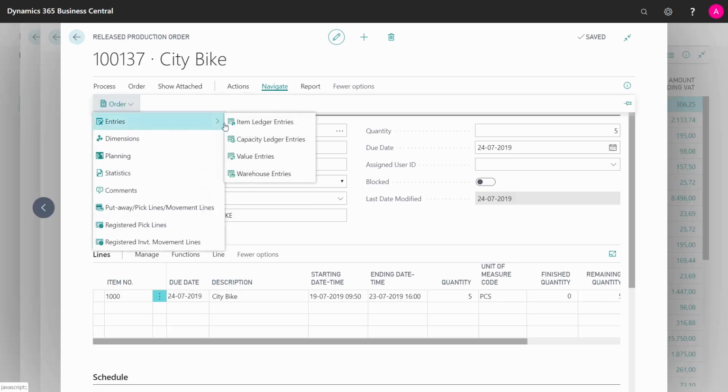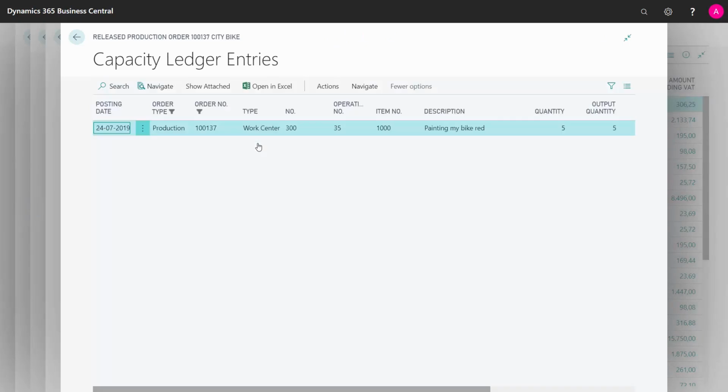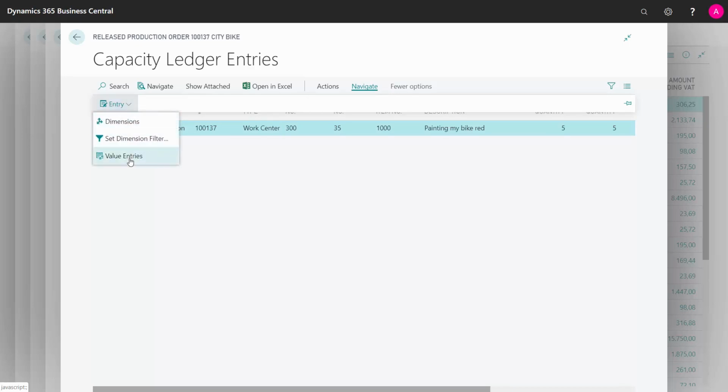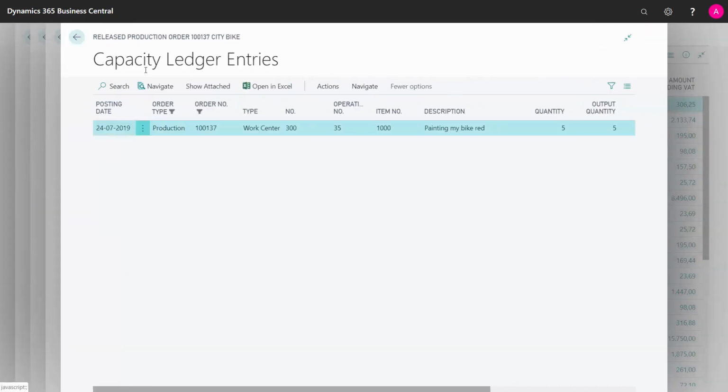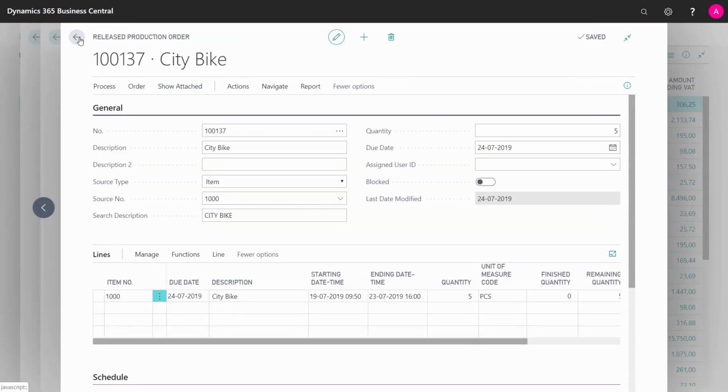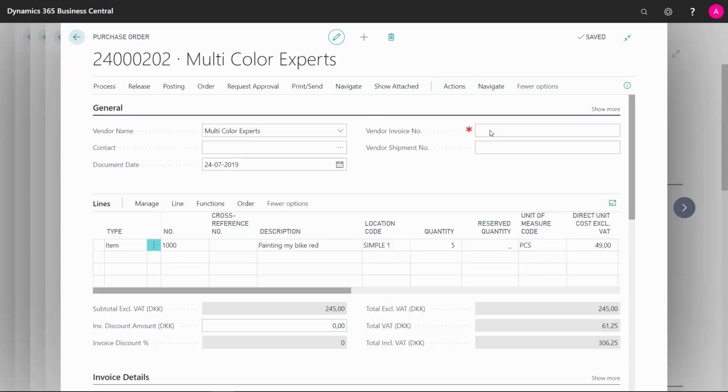And if I look at my capacity ledger entries, I can see in here that I do have one entry and it's coming from, I can't see it here, but I know it's coming from that specific purchase order number. And if I scroll further into my value entries, because I'm not running expected cost, I can see that I have no value entries in here as for now. Whereas when I invoice my purchase order